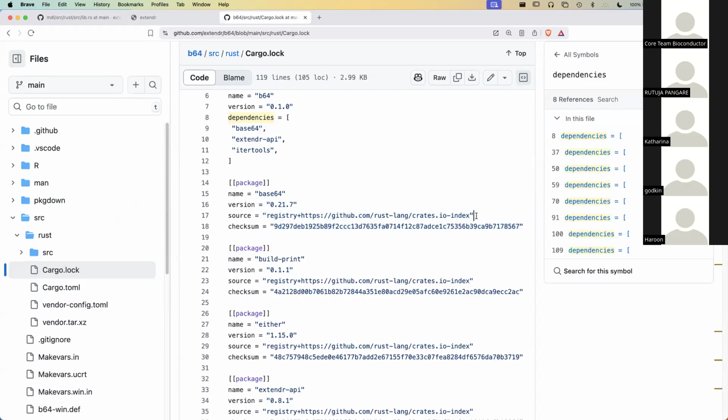We don't even have anything this clear in the R ecosystem, which I think we could benefit from. We have renv.lock files. We used to have packrat manifest files, but we don't have anything like this in the R ecosystem.